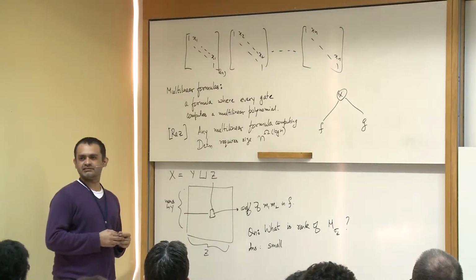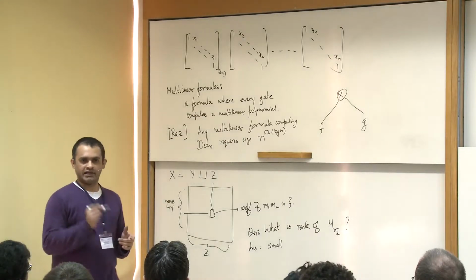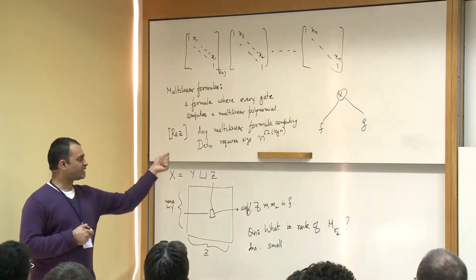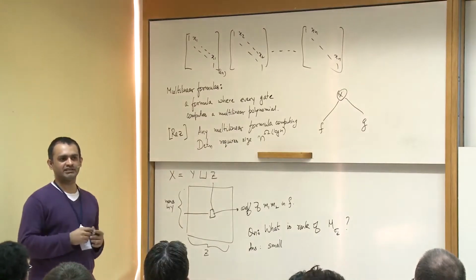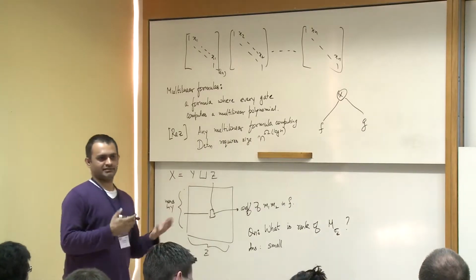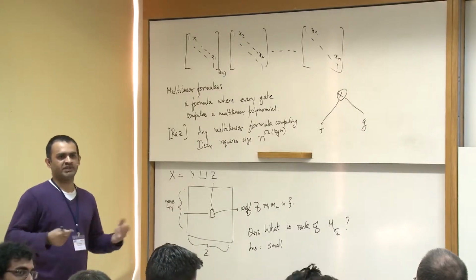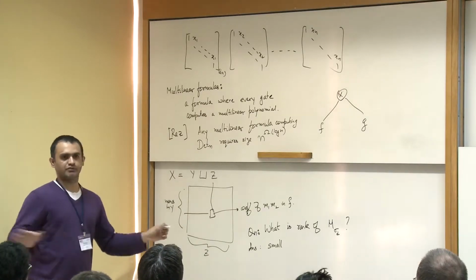So the VP circuit for it is... No, not. It's not. And strangely, for the permanent, the best multilinear formula we know is of size 2 to the n times n squared. This is Ryser's formula that we saw the previous time. There are better depth 3 circuits known, but they are heavily non-multilinear, heavily non-homogeneous.